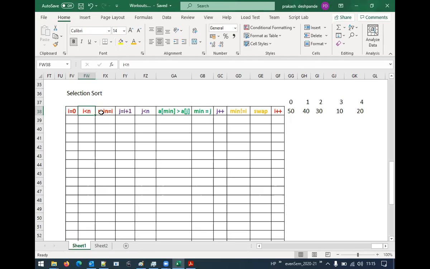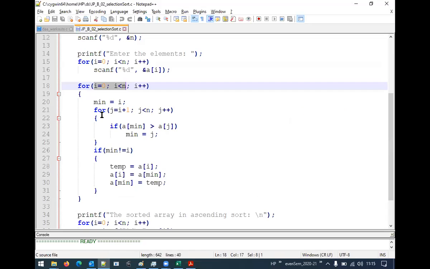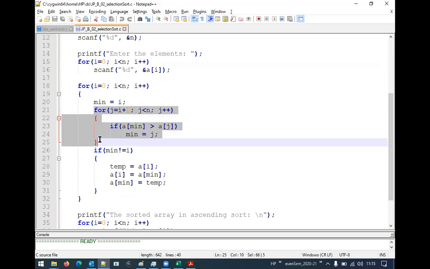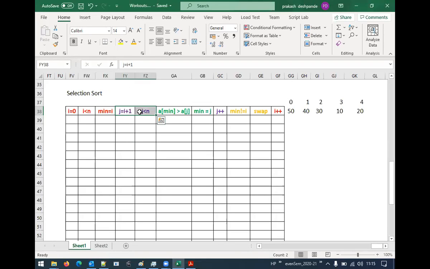Its inner for loop. That means this min equal to I will get executed. Correct? Now, after that, if you look into the code, we have one more inner for loop here. That is the inner for loop. Again, here it has its own initialization condition. And if this condition is true, then it will enter into its loop, that is its body, right? To represent that, I have taken this particular color contrast so that it will be understood by you.